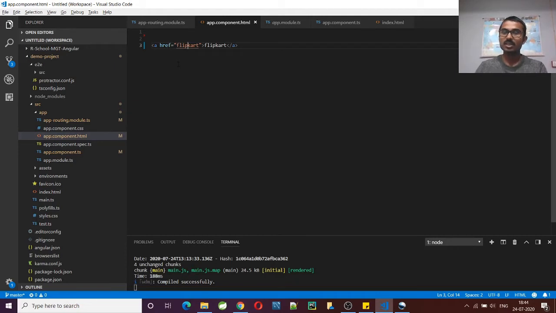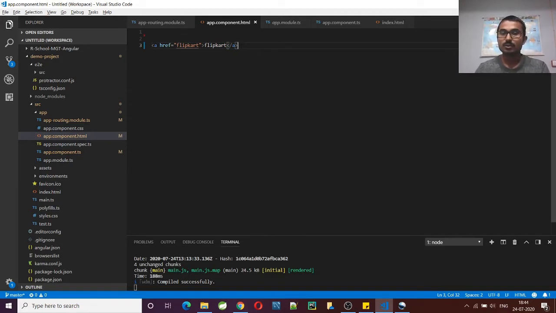Another way is event handling. Property binding works from component to HTML. String interpolation is whatever data we have in our component that we try to print on screen, on the browser. And in property binding, whatever property we have, we want to make use of those properties at runtime. This is because suppose today I have some URL, tomorrow I want to change it, so I can change it from the global location, and here we need not make any changes. We can be free from any changes here, so we can make use of property binding. Third one is event handling.